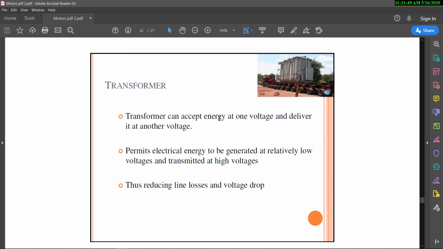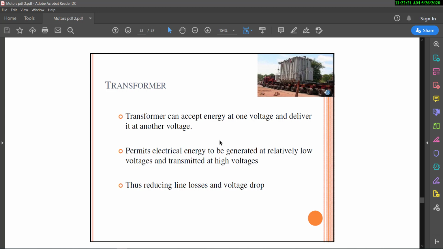Generally, what does transformer mean? It is a static device, since it does not have any moving parts in it, and it is a device which converts AC power into AC power with a different level of conversion. That is, there are two levels, the step down level and the step up level. It will step down the voltage and step up the voltage, and it has two parts, the primary part and the secondary part.